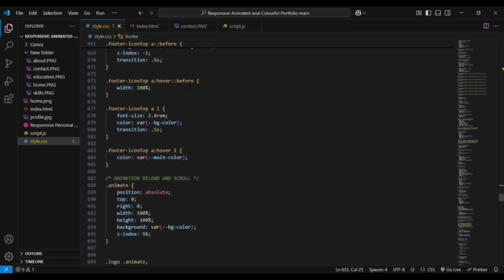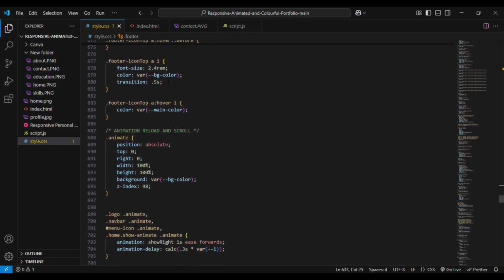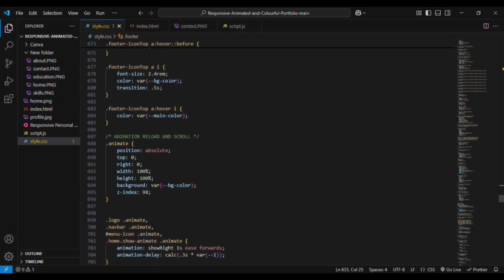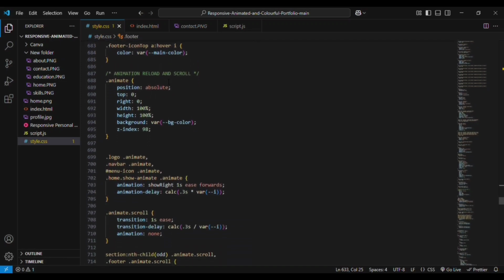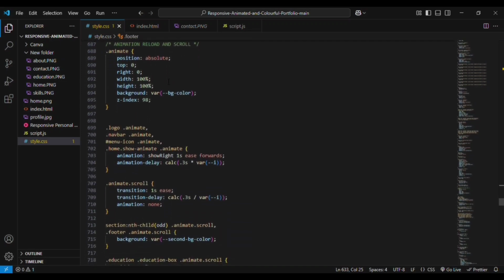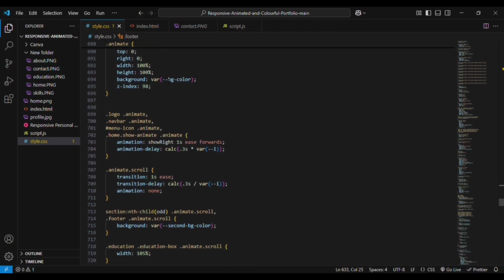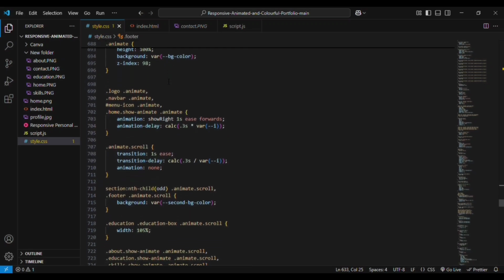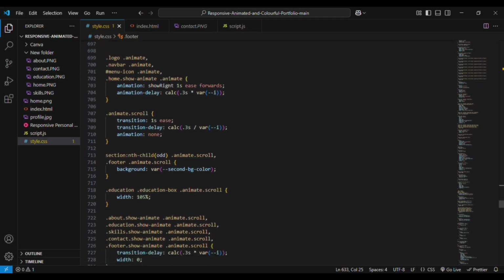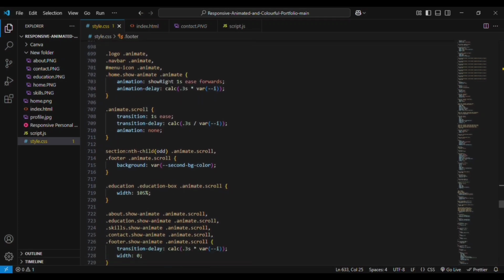So whenever you hover onto it, the width will be 100%. It is an animation that we have added. Then you can see the animation, reload and scroll. That is the animate, for which the animation is added to it. Position is absolute, top is 0, width is 100%, height is 100%, background with the BG color, and width is given to it. And for each animation that we are doing, for the logo, navbar, and menu icon, and home,